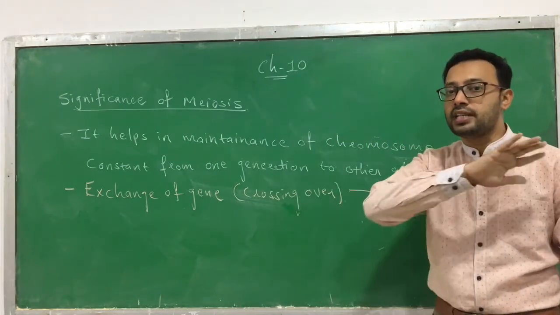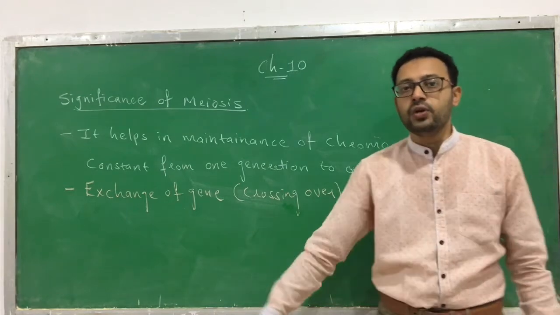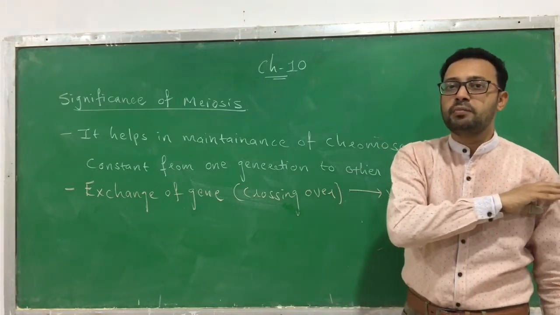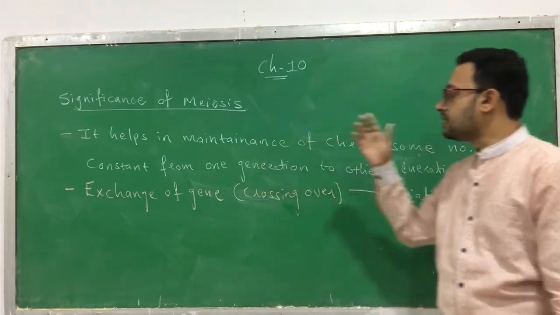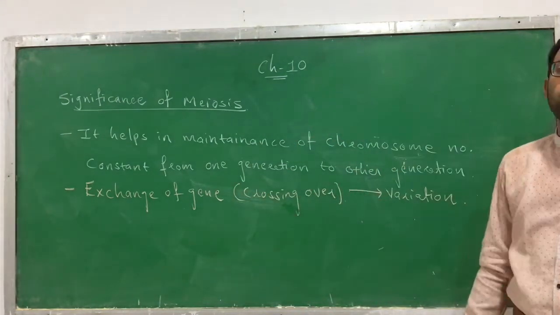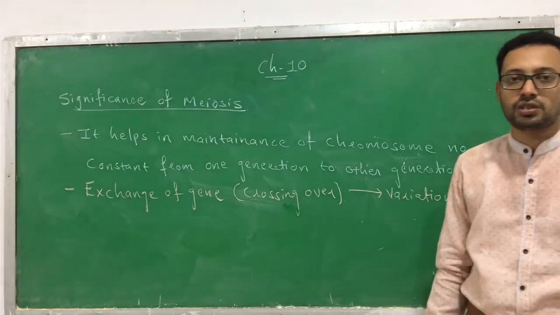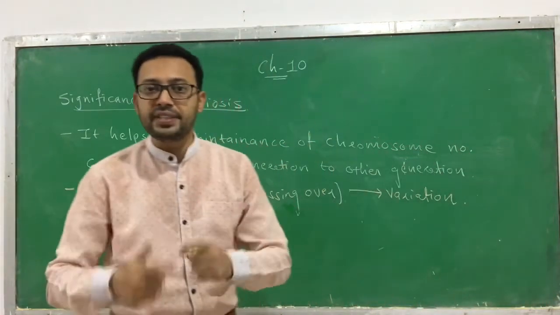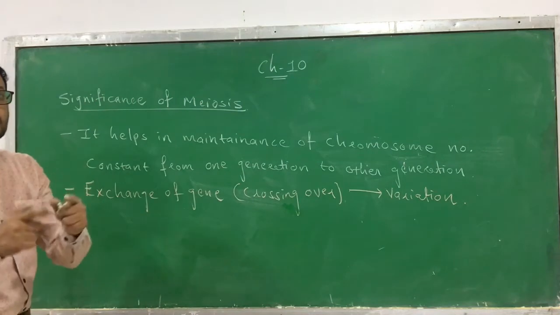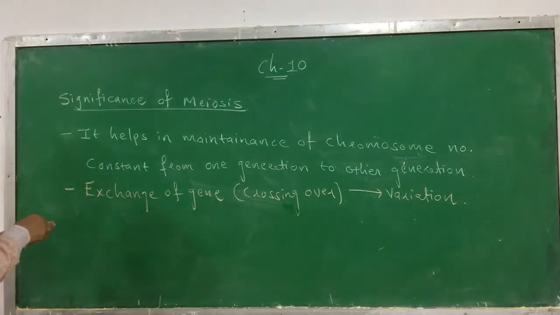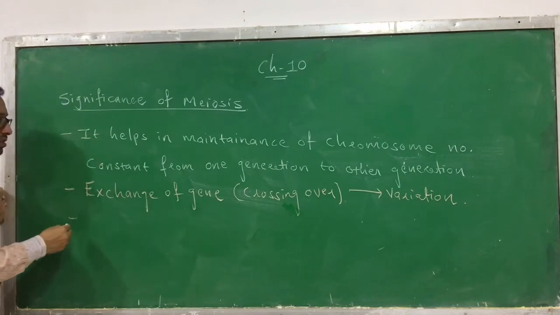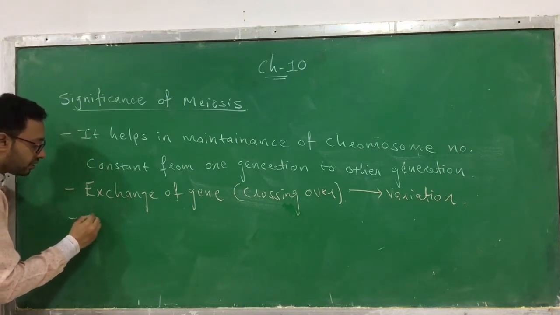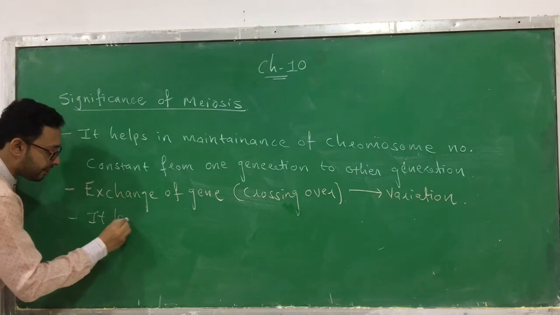In mitosis, there is no crossing over and no exchange of genes, so the chromosome number remains the same and there is no chance of variation. Here, there is a chance of variation. That is the significance of the meiosis process. Okay, you know in which phase the crossing over takes place? It occurs during the pachytene phase. Now the last significance. Here it's variations, so due to variations,